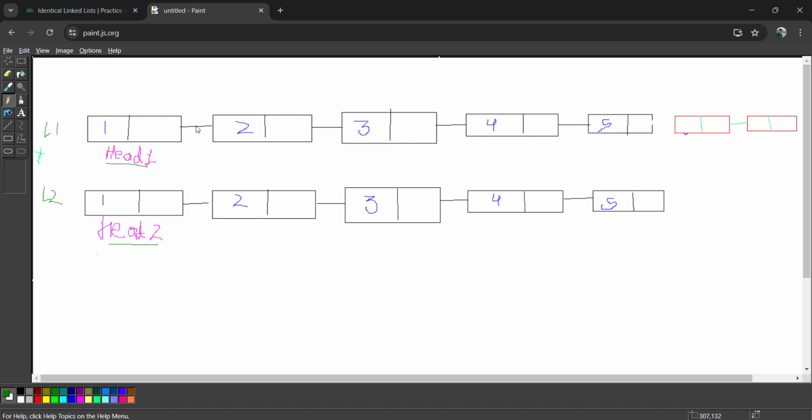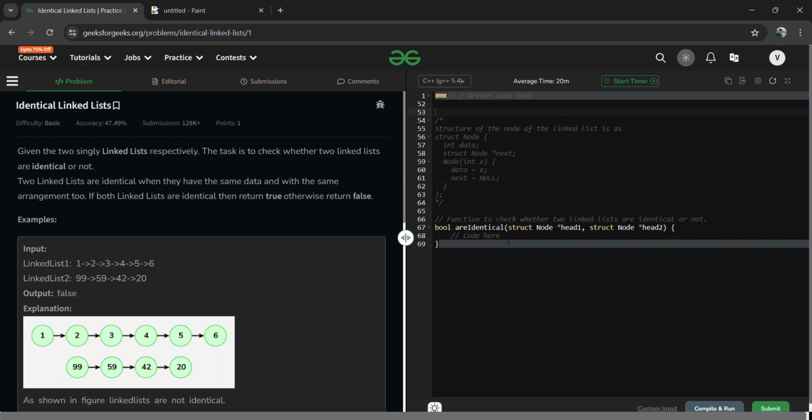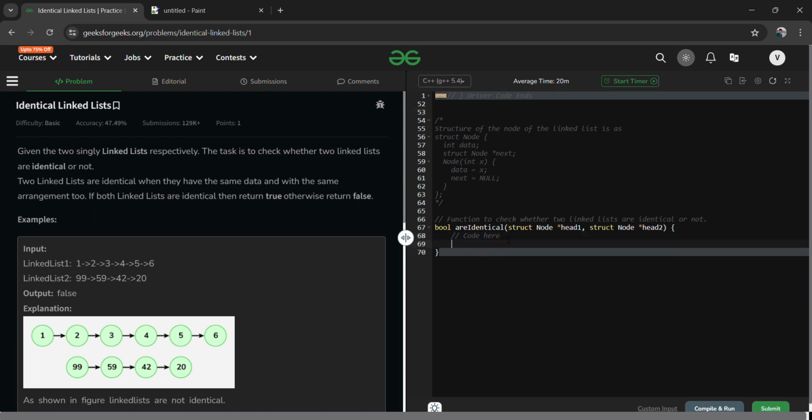For traversing inside the linked list, we use a temp variable where we store the head node, and we traverse the complete linked list using that temp variable. So let's solve this problem first. Here I'm saying that first of all we have to create a temp. This temp must be created using